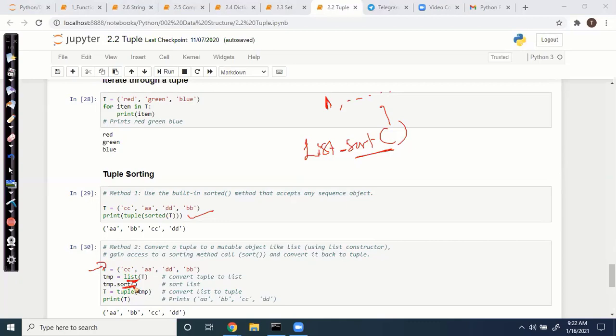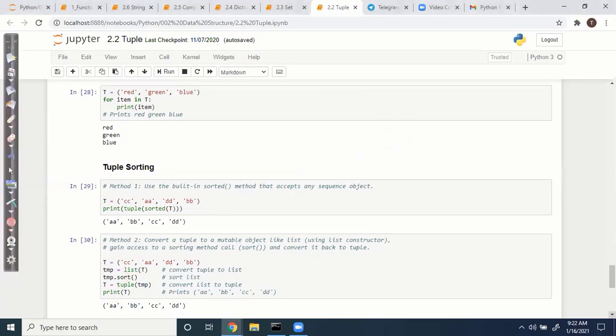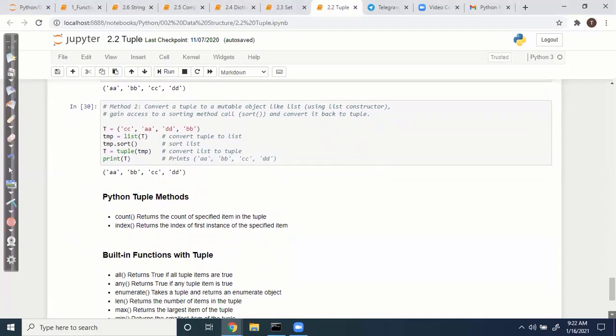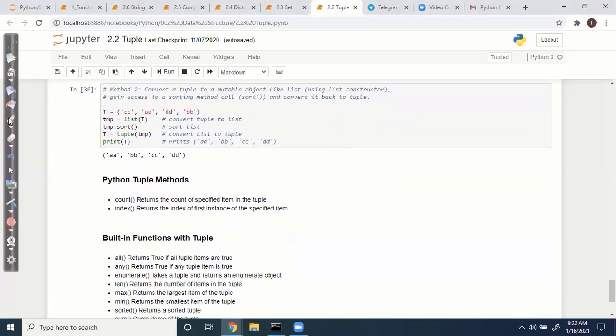After getting sorted, you can convert it back to a tuple. If you see these lines you can understand. Either use the Python inbuilt sorted function, or convert it into a list and apply sort, then convert it back to a tuple. That's it.